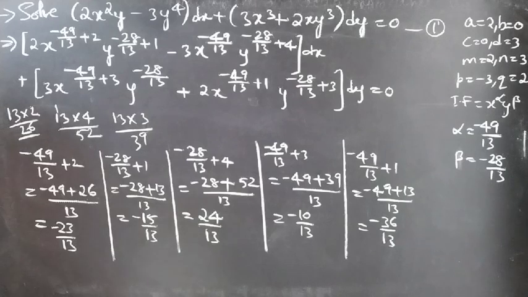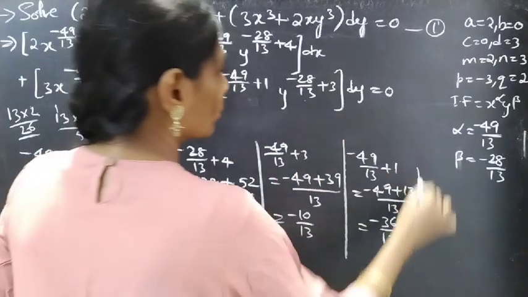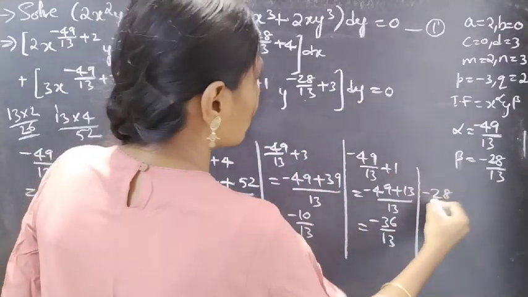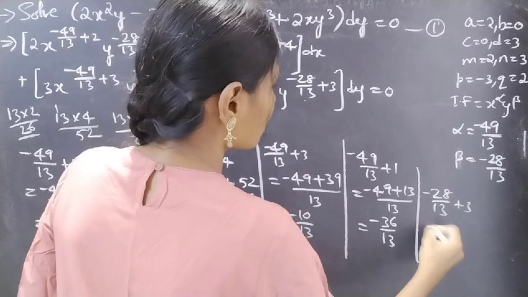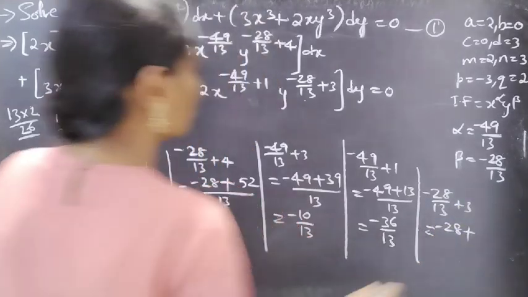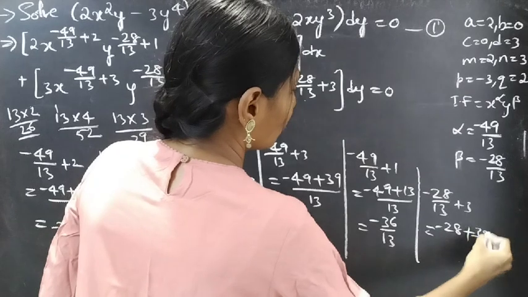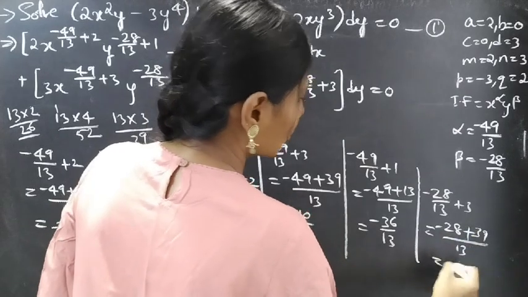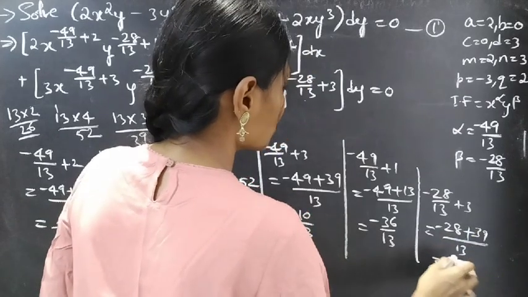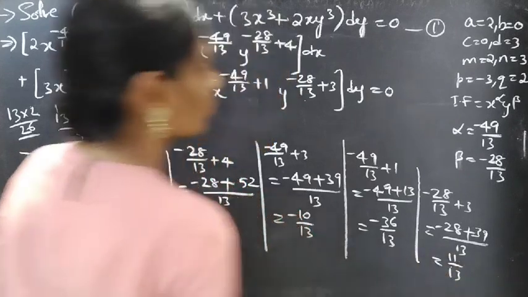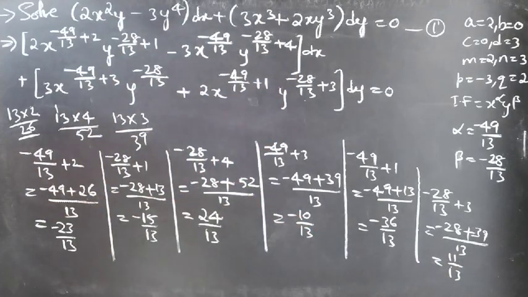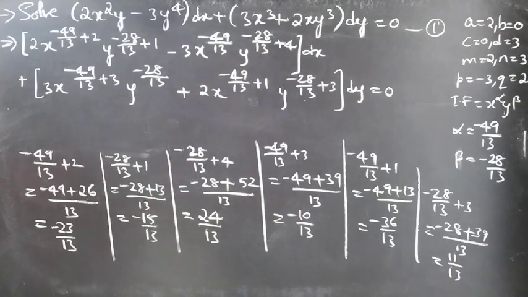And last one, minus 28 by 13 plus 3 gives minus 28 plus 13 3s are 39 by 13, which gives 11 by 13. Okay, this gives us